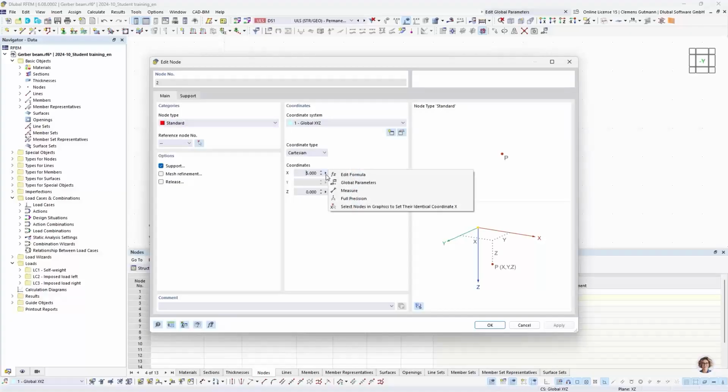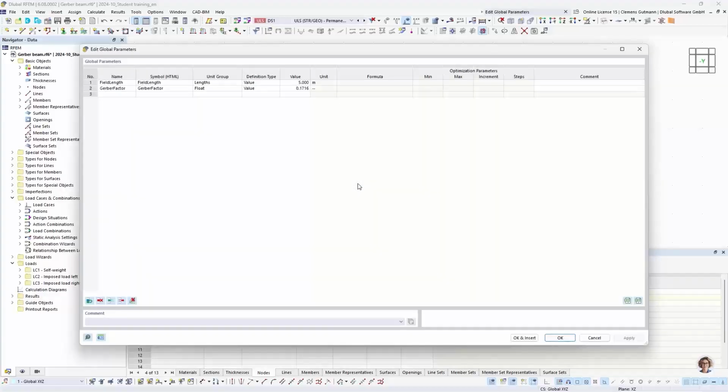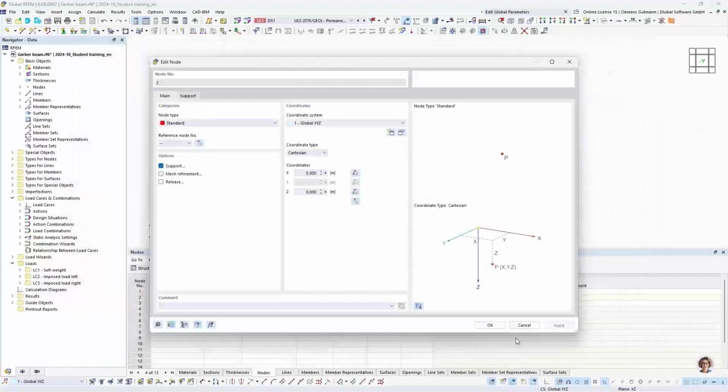And if we double click, for example, on the middle node, we can parametricize this coordinate by clicking on this right arrow, and we have different options. And I want to use the global parameters that we have just defined. And I want to use the field length, and I click OK and Insert. And what happens now, you get a small yellow corner, and this indicates that this field has an intelligence behind it because it uses a global parameter or a formula. But I'll show this to you in a second. So I click OK,